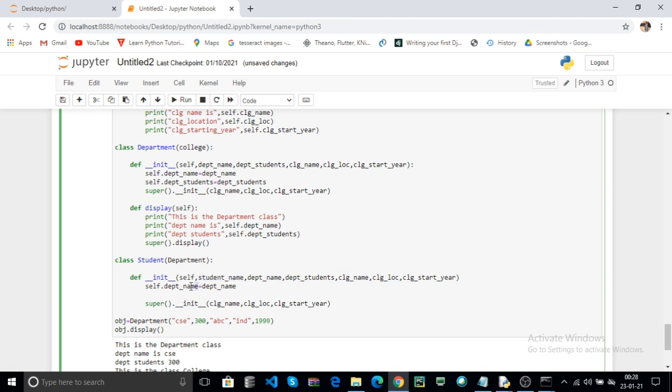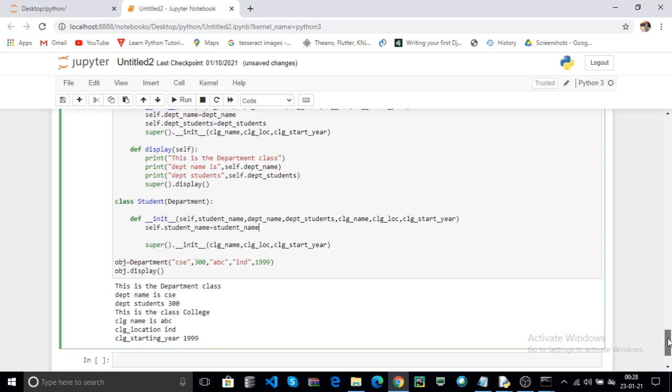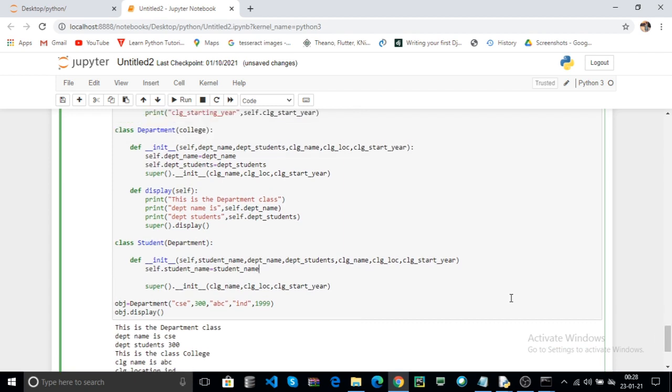Control C and Control V. Here this contains only the student name. Now you can call your child constructor along with all the required parameters here.